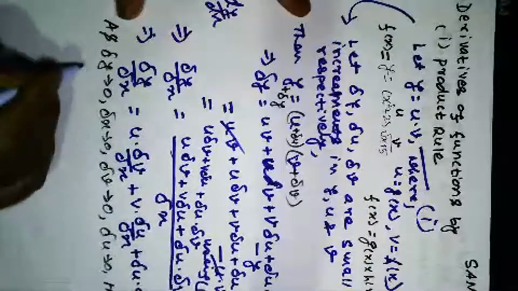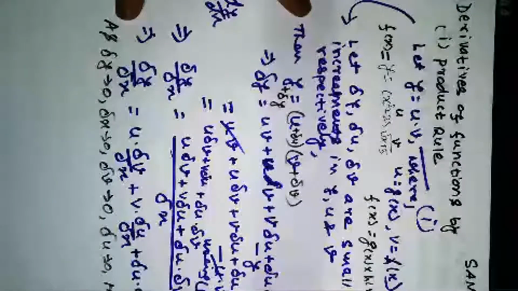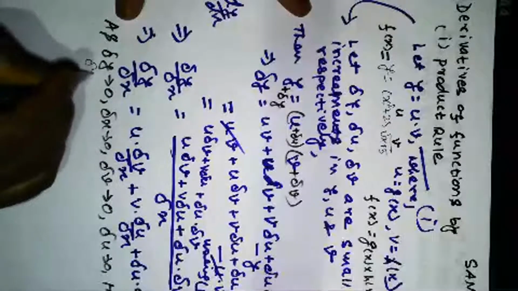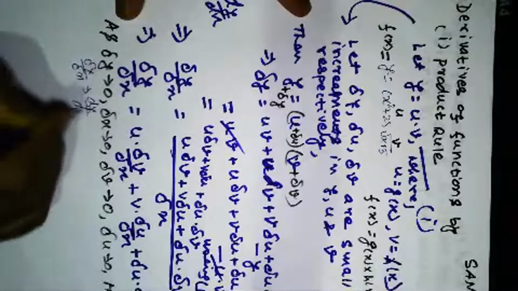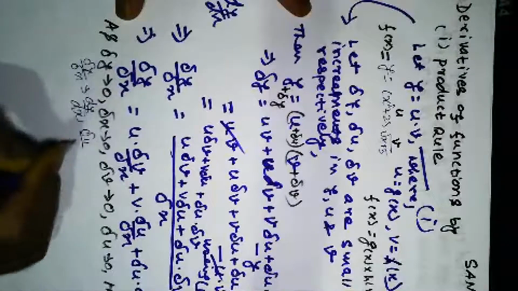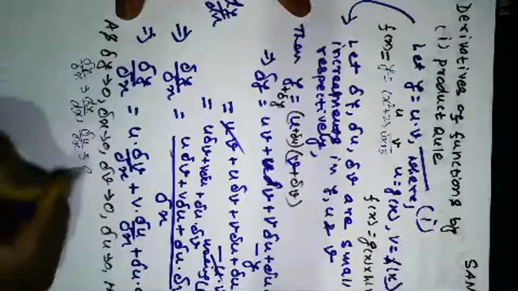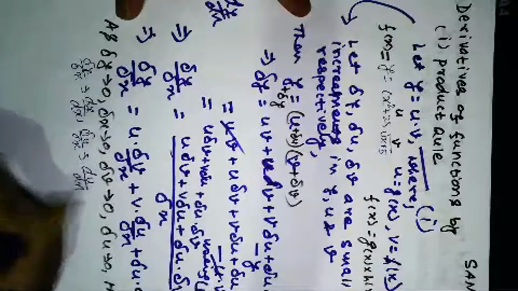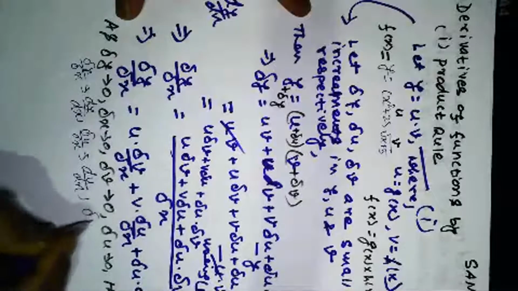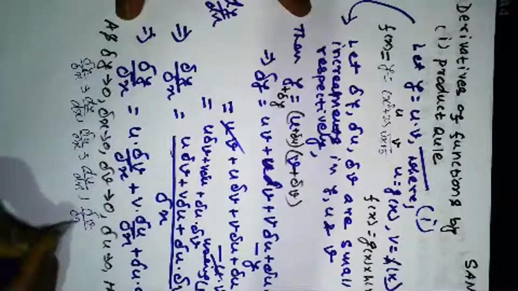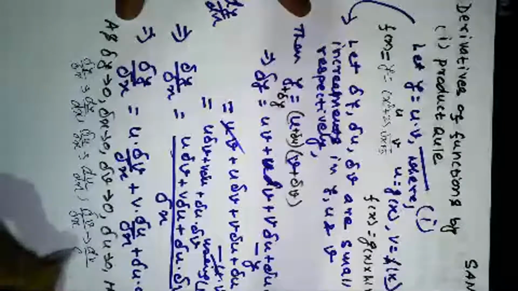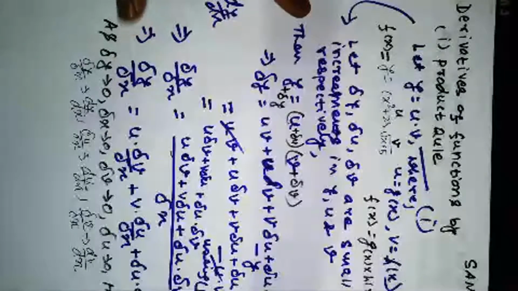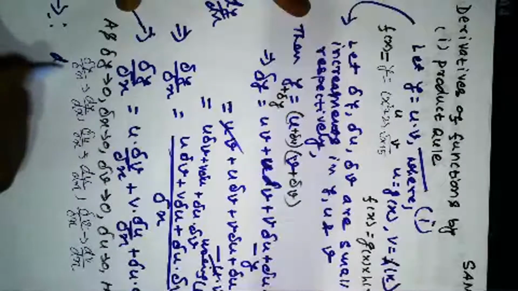Then what we have seen is that delta y by delta x will become dy by dx, delta u by delta x will become du by dx, and delta v by delta x will become dv by dx by the rule of limits that we had just discussed here. So delta y by delta x, you can write dy by dx